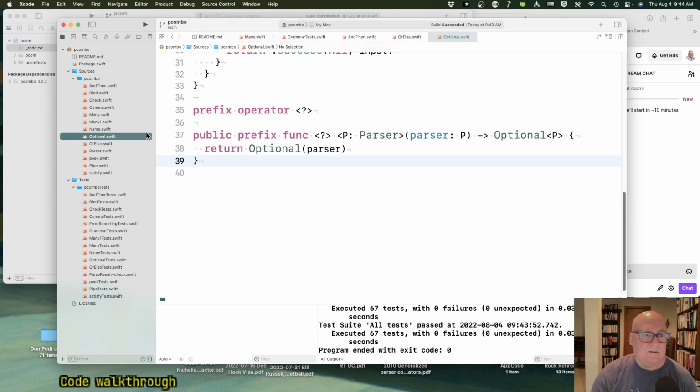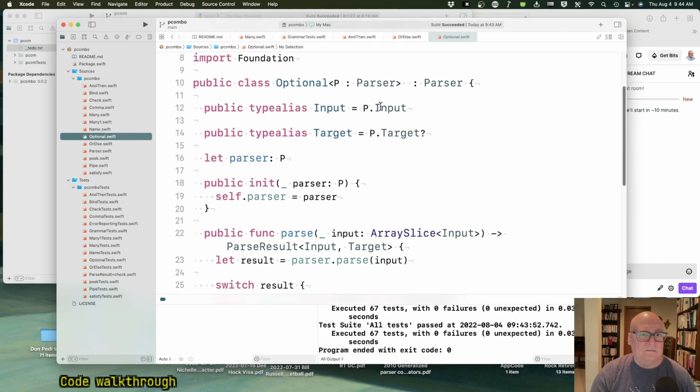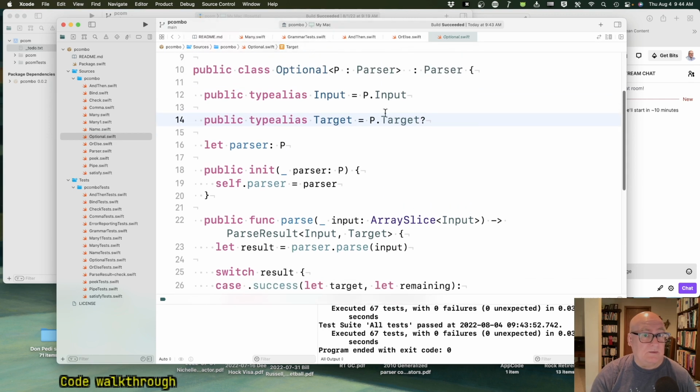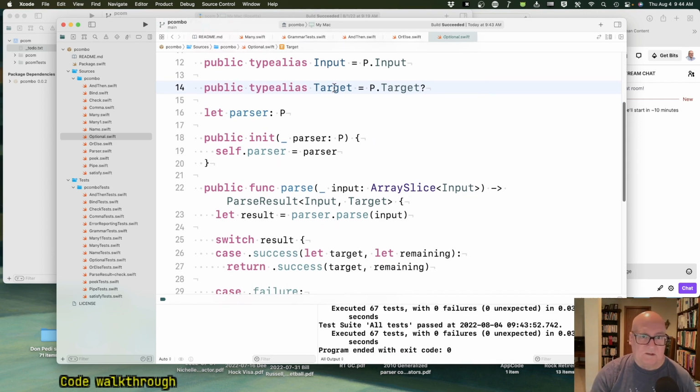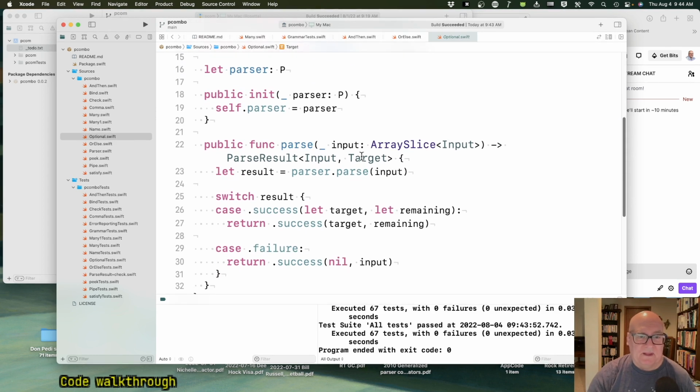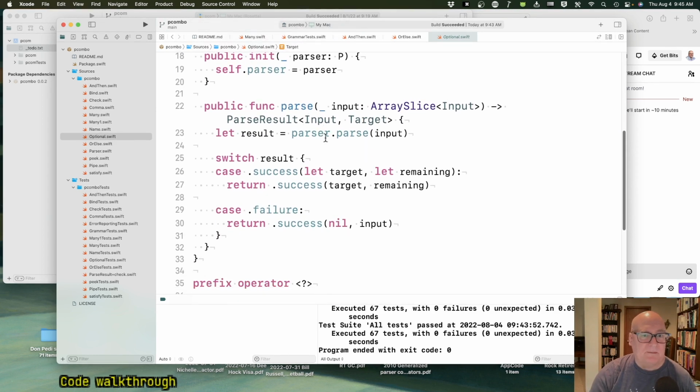Let's do optional. Okay. So optional says 0 or 1, and in Swift you can say something is optional by putting a question mark on it. So it's going to return, if your input was a string, an optional string. Okay. Well, I guess it's really what your target was on your parser. But what happens is we try and match it. If we succeed, we return a success. If we fail, we still return a success, but we return the nil, saying you had 0 of them, but